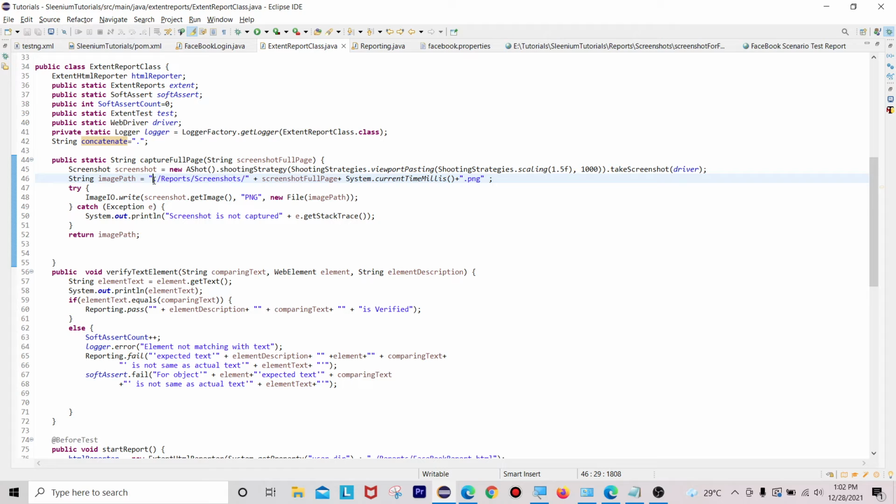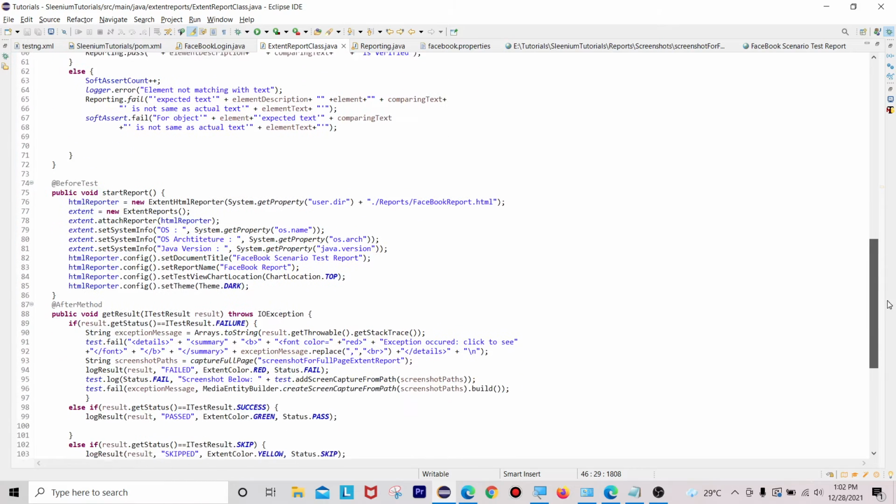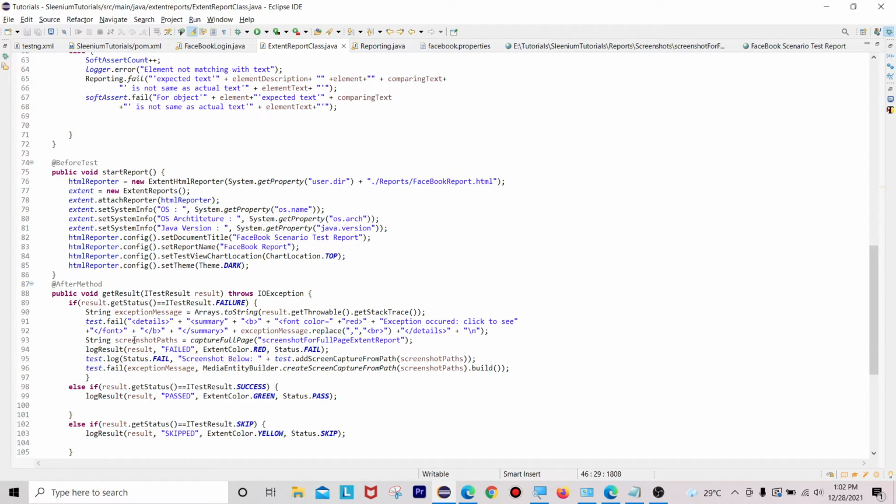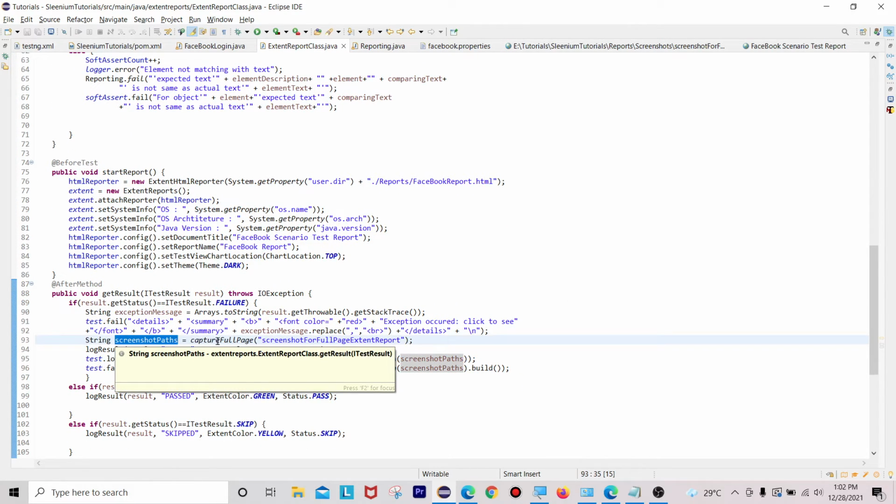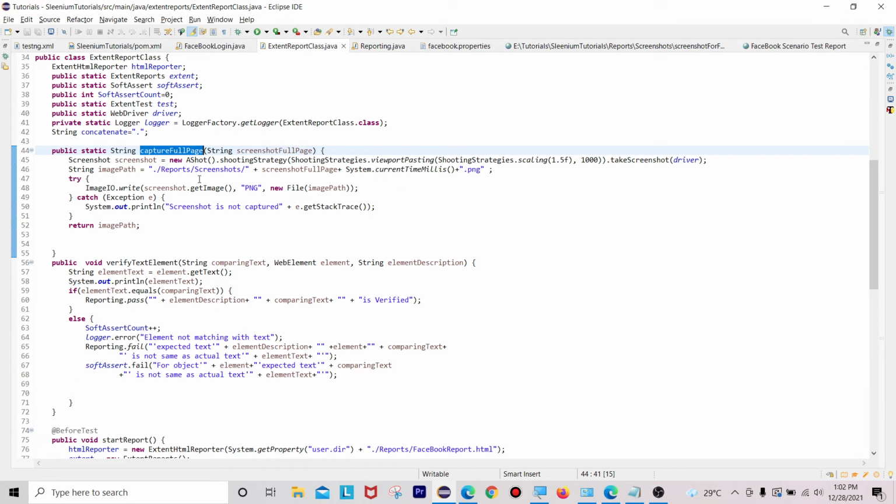Here let me quickly see this one. You can see the string screenshot here. We need to add this inside here. You can see we have string screenshots, capture full page. Inside capture full page we have only one dot operator, which always tells only your current local directory.